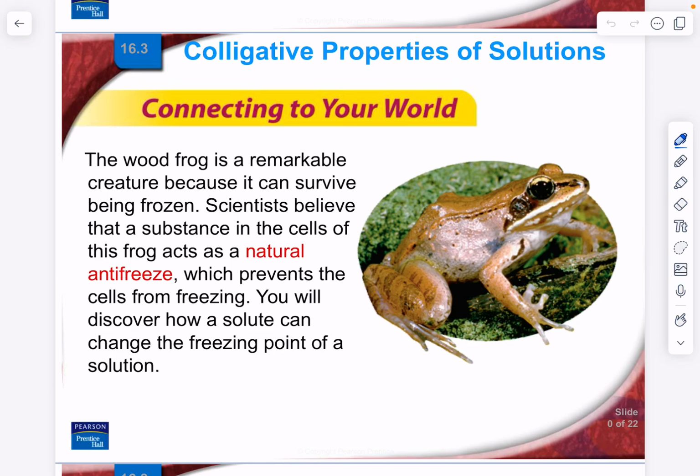This is lesson 3 from chapter 16 for honors chemistry. We're going to be talking about colligative properties. And if you look at the word colligative there, it comes from the Greek, which means relating to the number. Relating to the number. And here we're talking about properties of solutions that depend upon the number of particles that